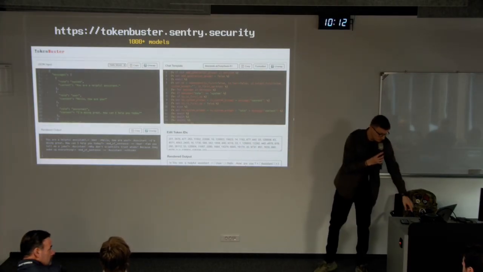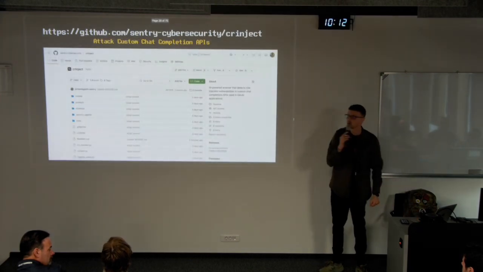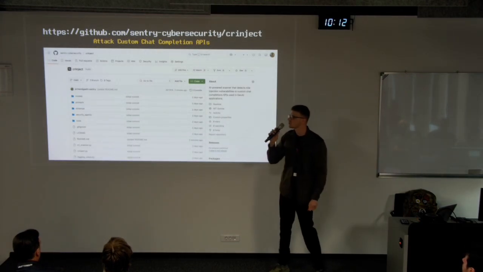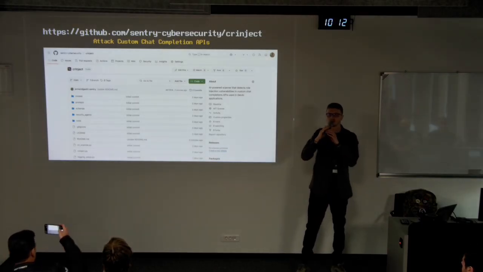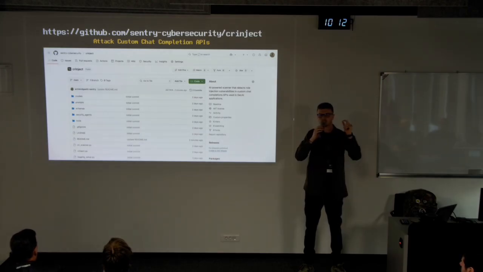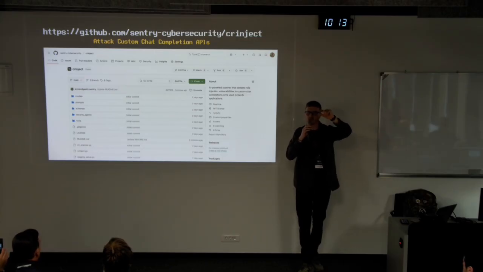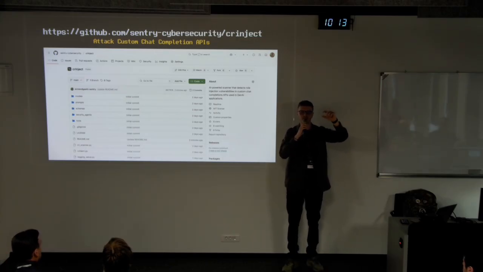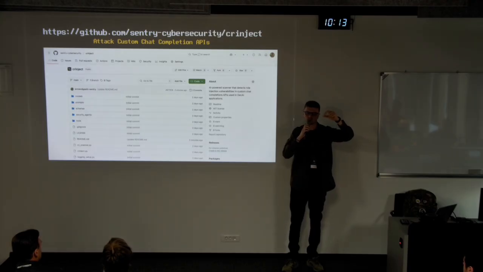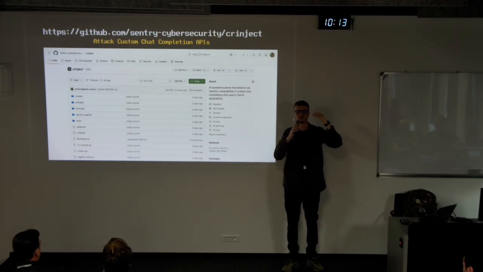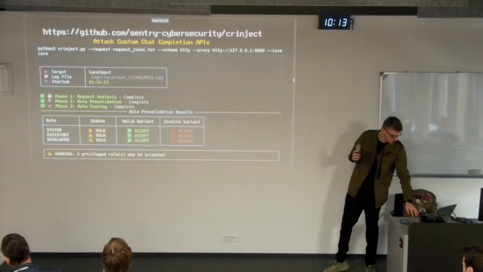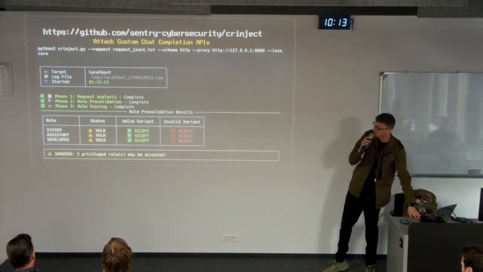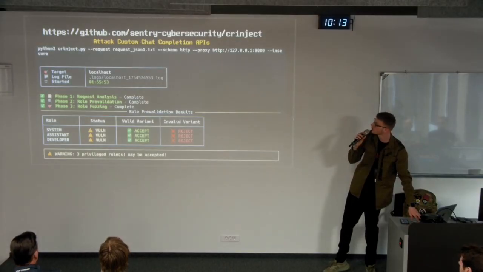And then finally, we have the token IDs for every part of the message that is going to be sent to the model. In addition to that, we are also giving you another tool, called CRI Inject, which is a tool to attack chat completion insecure LLM API configurations, where in the JSON payload a user can swap the role from user to system or assistant, and so on and so forth. This is just a screenshot from the CRI Inject tool.